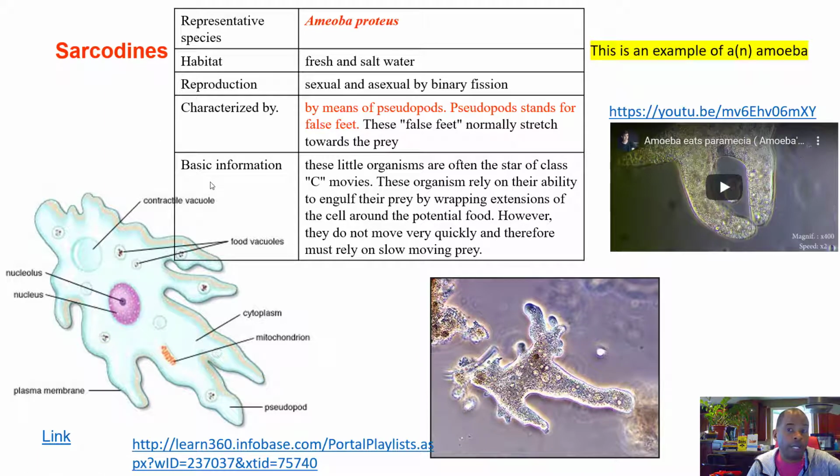We'll talk about white blood cells and this kind of movement. So amoebas are a little bit more important to us because of their evolutionary history and their similarity to some of our cells. So the amoeba is what you saw in that picture, with that very distinctive blob-like pseudopod motion. Right? And there was a video in the PowerPoint that allows you to see an amoeba eating a paramecium, I believe.